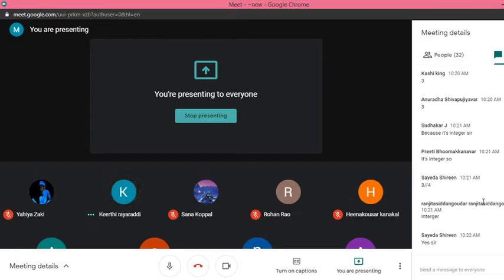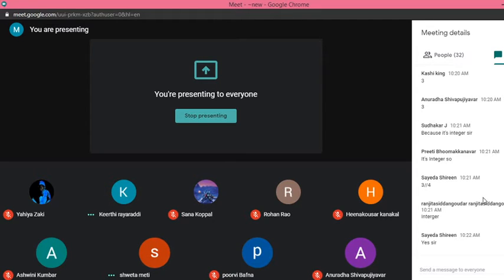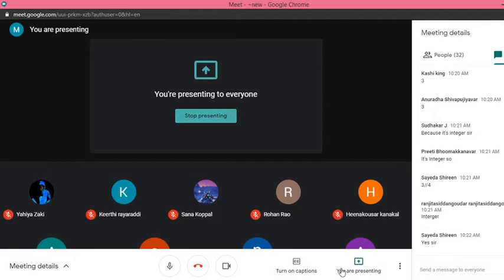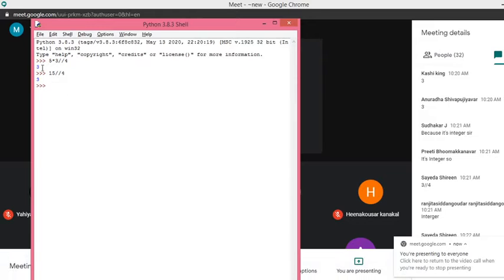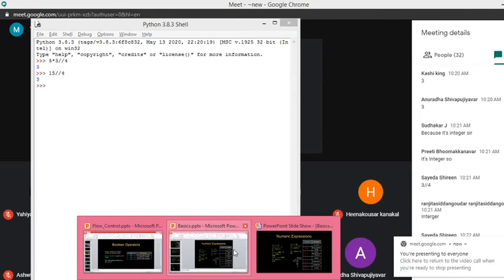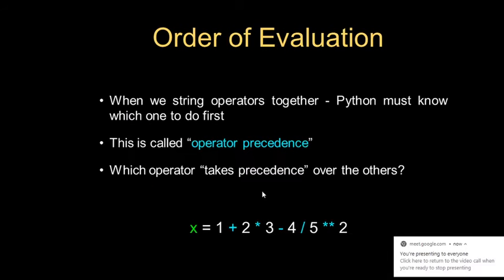Here what you need to remember is not only the operator precedence. When multiple operators or different operators have the same precedence value, in that case you need to apply the associativity rule. That associativity rule will tell us to evaluate the expression from left to right. So that's why with this example, 5 into 3 divided by 4, we got the answer as 3. So likewise, we'll take one more example here.